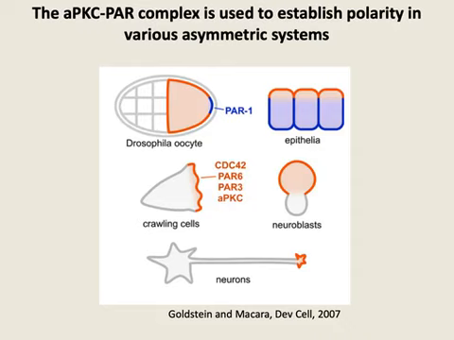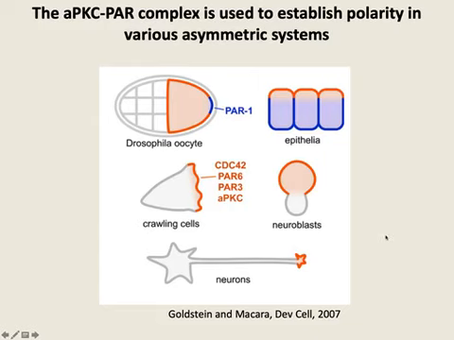Oh, wow. It took a long time. So let me move forward a little bit, just saying that everything that's been dissected regarding the PAR complex, dissected in great detail in the C. elegans early embryo, turned out to be largely true in many other systems. So the PAR complex, so I mean PAR3, PAR6, CDC42, aPKC, they are involved in polarizing the Drosophila egg, epithelia, neuroblasts, as we might see briefly, as well as crawling cells, neurons, and so on.